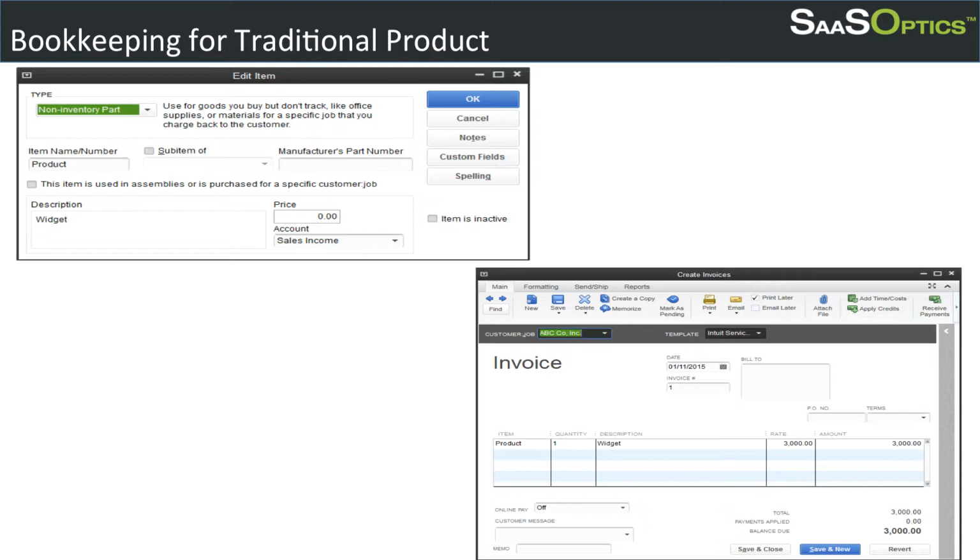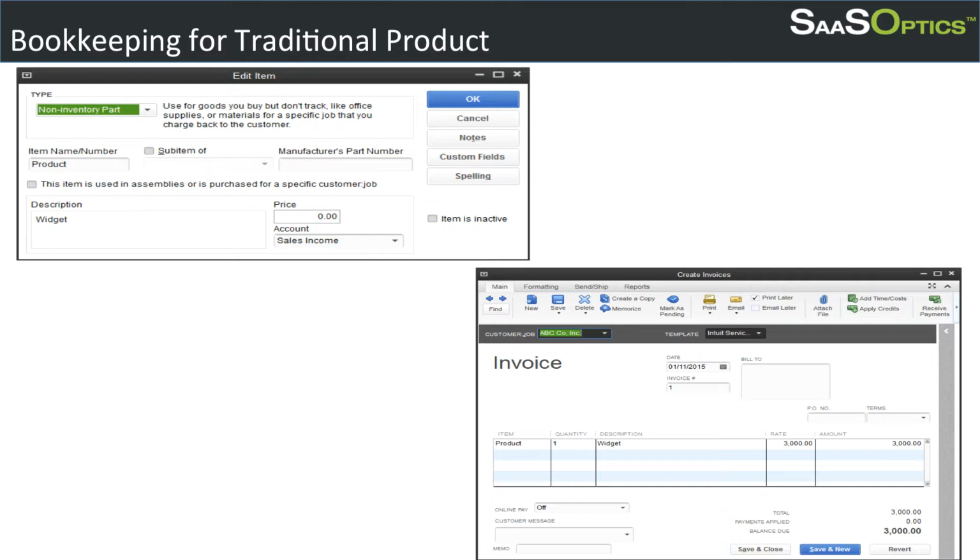And I associate it with an account. The default behavior for QuickBooks is to put your products in income accounts. So this is a default name, sales income, that comes with QuickBooks. And when you generate your invoice over here, you pick that product or that item. In this case, we called it product, quantity 1, widget, and it's a $3,000 rate, and the total amount of the